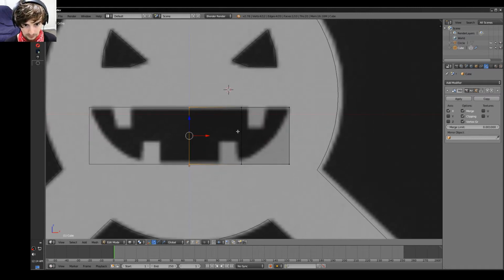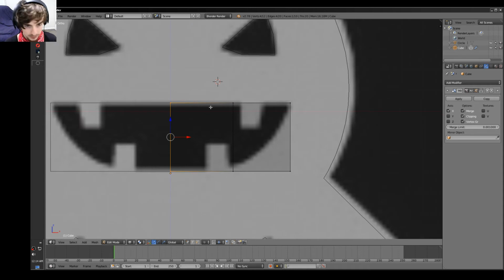So I'll create this first tooth because it seems to be the easiest part to do first. And you can add as many edge loops as you want now because you're creating something that isn't for a game. It's more so for film and just general visuals and stuff, unless you really want this in your game or something like that. Anyways,